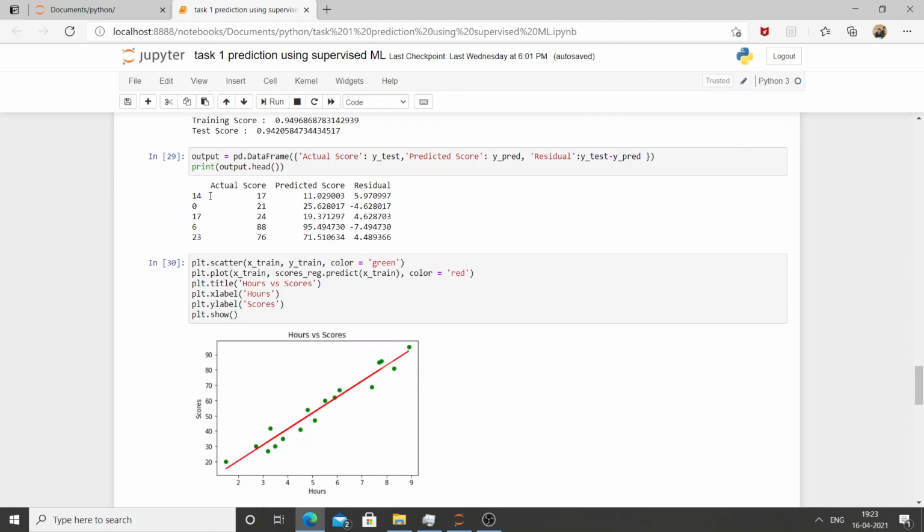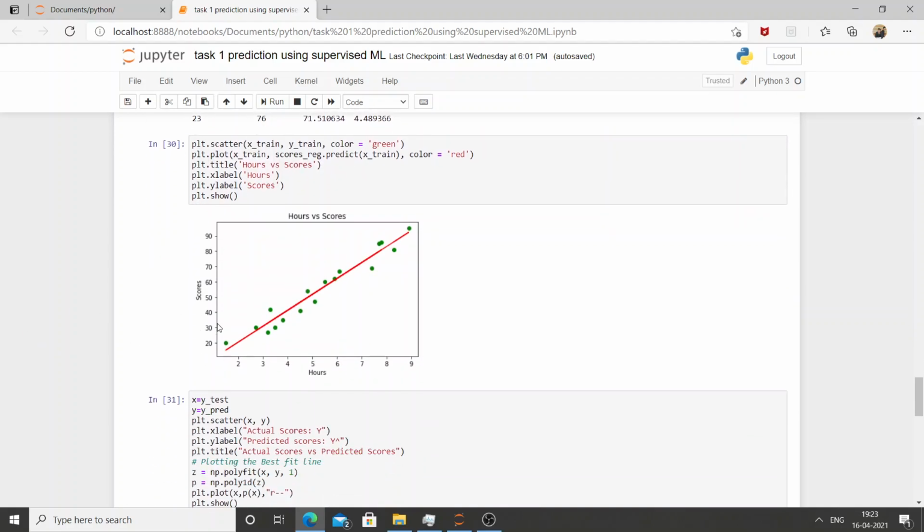Now the actual score and predicted score are also presented. The actual score is initialized with Y test and the predicted score with Y prediction, and the residual is the difference, Y test minus Y prediction. And now a scatter plot is plotted with the use of X train, Y train, and the color is given green.